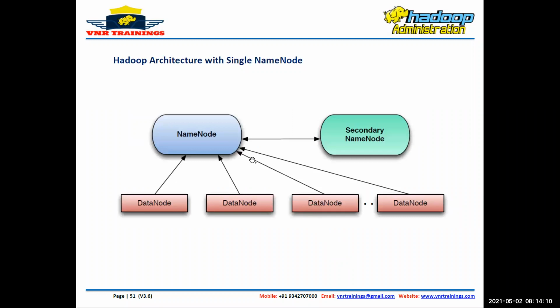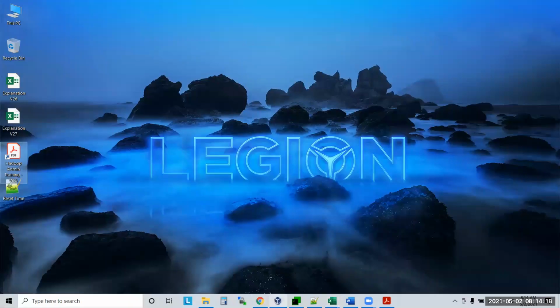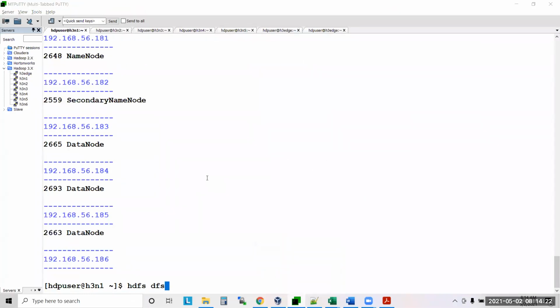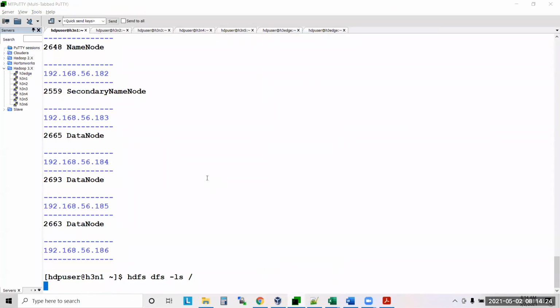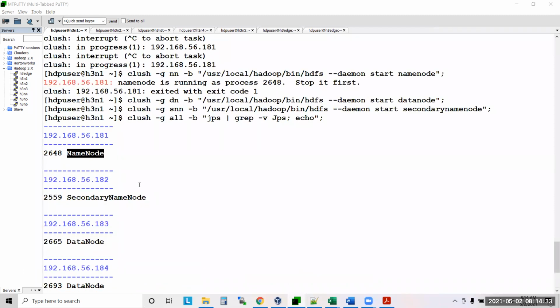First thing is, if the name node is not there, let us do one thing. Here, hdfs dfs -ls /, is it working now? I'm able to see the data. But now suppose the name node is not there.